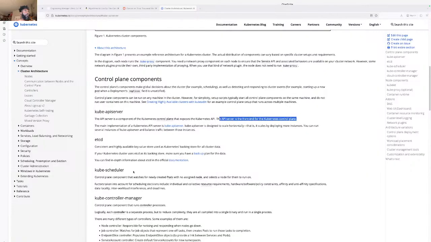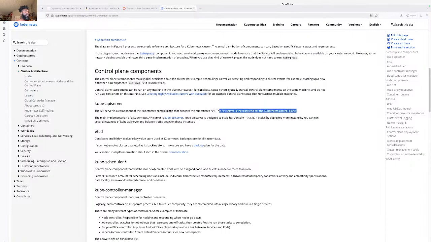And so, kube-scheduler, a control plane component that watches for newly created pods. Okay, so this is another thing that we need to make sure to understand. So the kube-scheduler watches for newly created pods with no assigned node, and selects a node for them to run on.